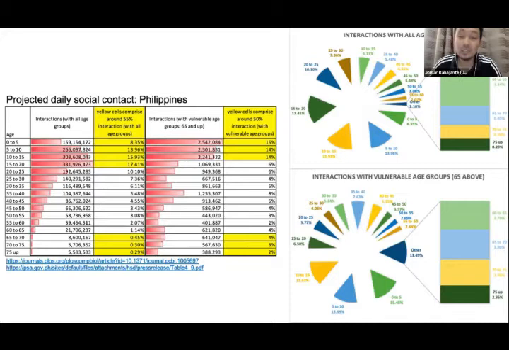Actually, this slide does not include COVID-19 yet. This is just the daily interaction among people. I just aggregated the interactions in this one slide, but in the study, Alex Cook studied the interaction inside the home, in schools, in workplaces, and in all other places. Coming from this interaction, we're going to input this in our epidemiological model. This is purely about interaction. So if there's no COVID-19, there is still interaction like this, but probably no COVID-19 transmission